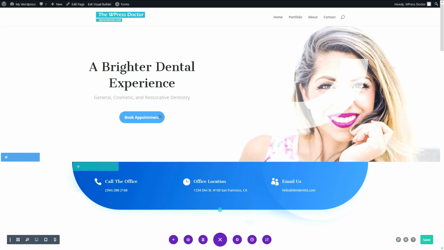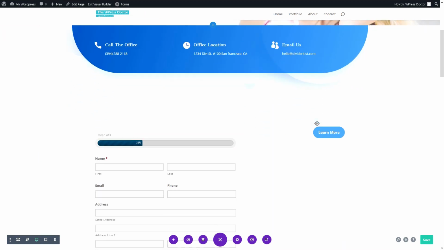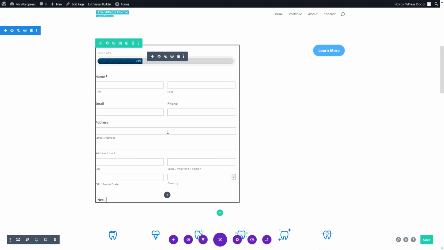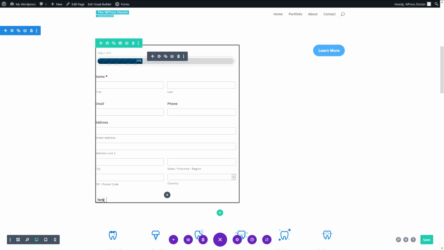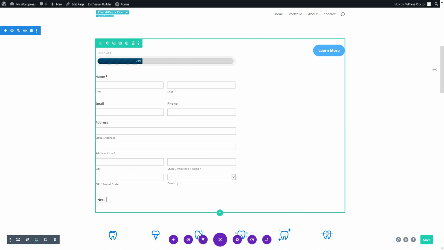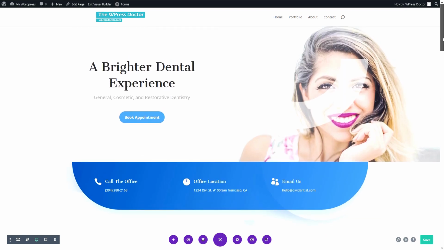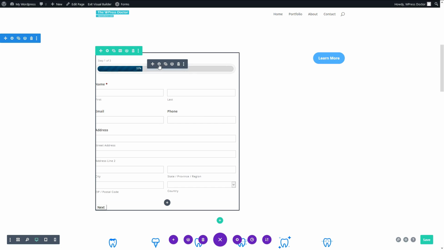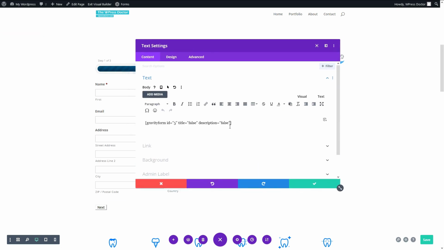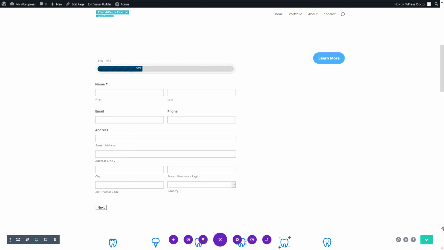So before we actually go look on the front side, we have to change something about this form. Because when we publish it right now, with every step we push the button next, then the form will reload the page up here, so people have to scroll down. That is not very logical. So we press this and we add to this shortcode of Gravity Forms, we add this Ajax is true. We press the save button.